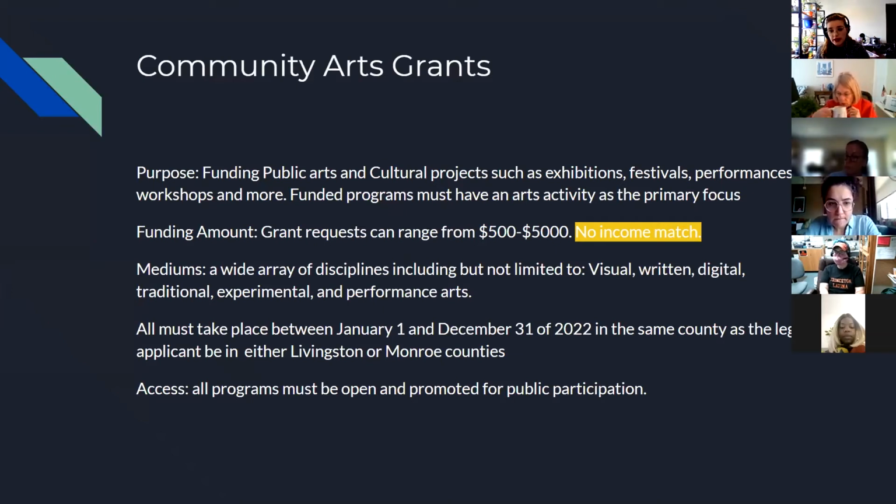So the community arts grant is our largest grant type. The purpose of it is funding public and cultural projects such as exhibitions, festivals, performances, workshops, and more. Funded projects should have an arts activity as the primary focus. Grants for funding can be made in the request of $500 to $5,000, and new this year, there is no